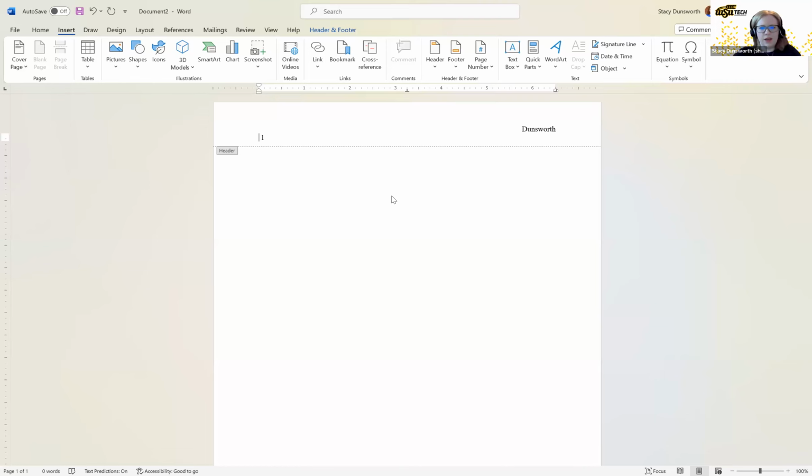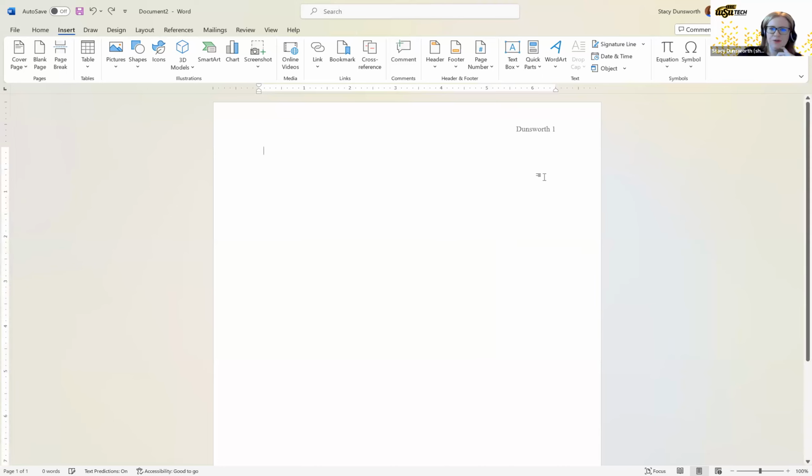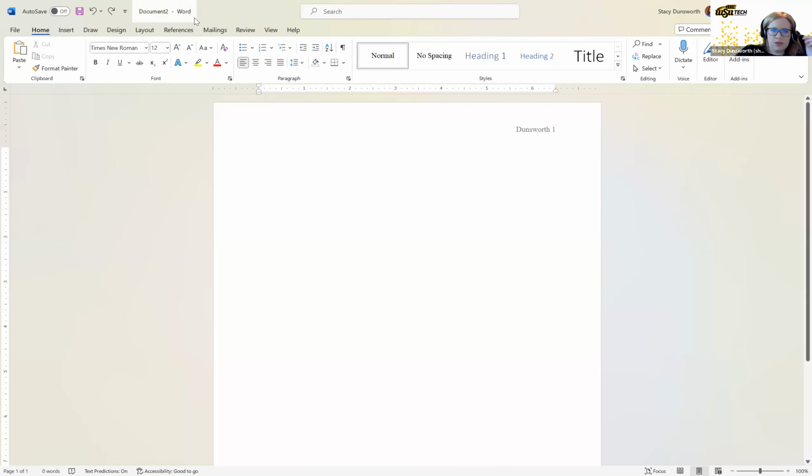Oops. Remember, if you mess up like I just did, Control Z on your keyboard is a wonderful way to fix your errors. Okay, and then finally, it allowed me to click out of that. I don't know why it was stuck like that. We're going to go back to the home tab, and now we're going to start entering in the information for